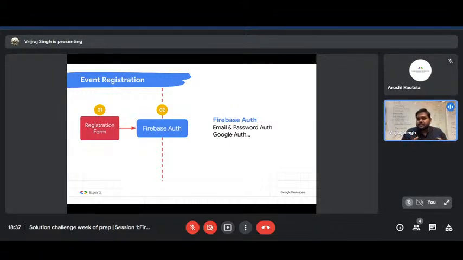form. Once the user signs up with Google, the user can see the registration form and fill in the data, and then we can store that data in Cloud Firestore, which is a NoSQL database. Okay. And the next part is, let's say you can write Cloud Functions, you can write custom